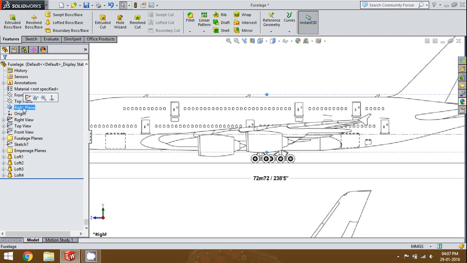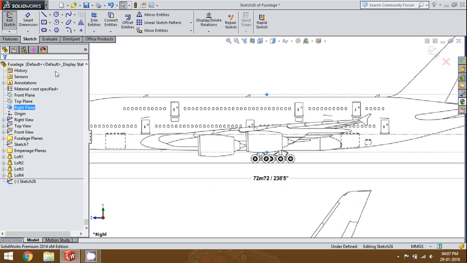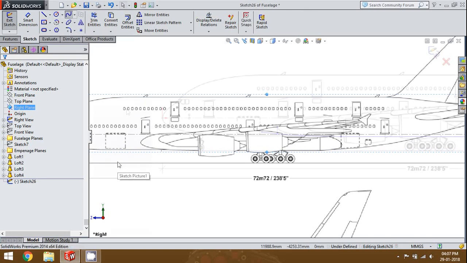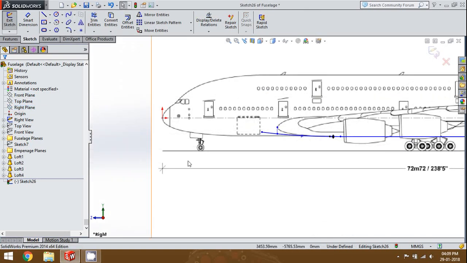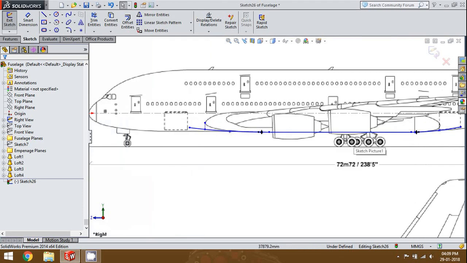So just sketch on the right plane and we'll sketch the bottom part of the fuselage. Okay, so I have sketched out the belly section's bottom guide curve, but as you can see, I have not